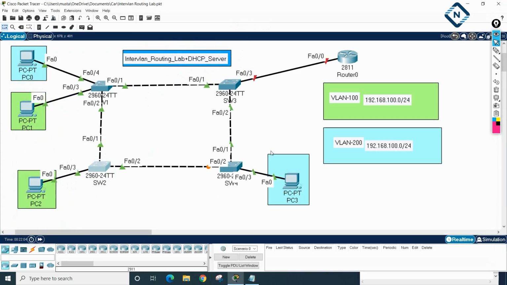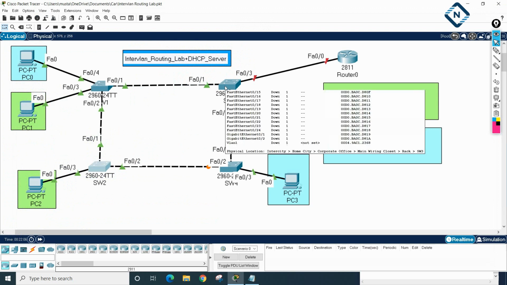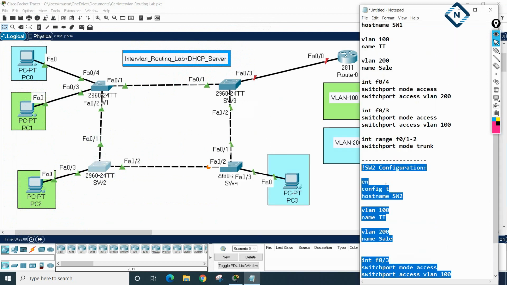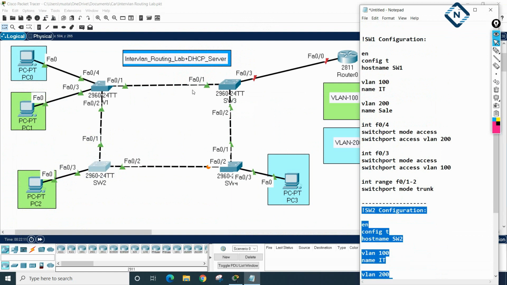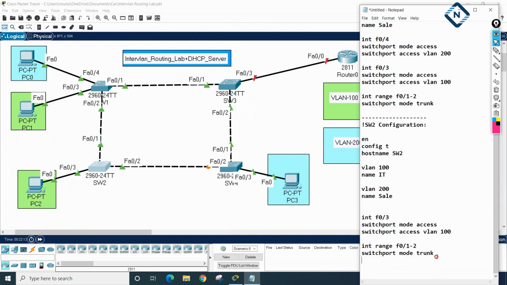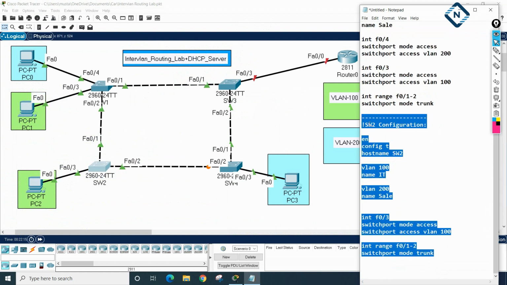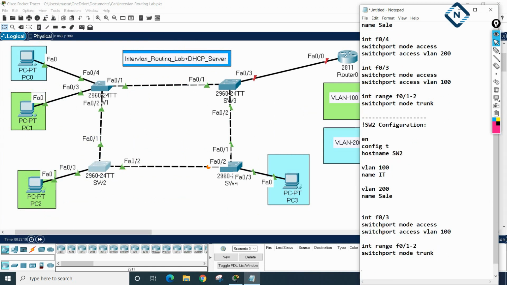After that, what we will do, we will do the configuration for the switch 3 and switch 4. So let me copy the same configuration here and make the modification. I will copy from here and paste here. Let me divide this notepad and paste here. So this is the configuration. I will change this to 3, this also 3. Here we don't have any VLAN, but anyhow I will create the VLANs. We will create whatever VLANs we are using.